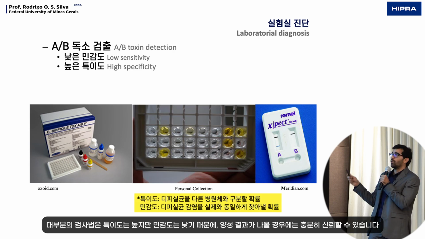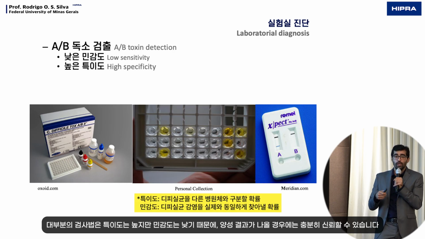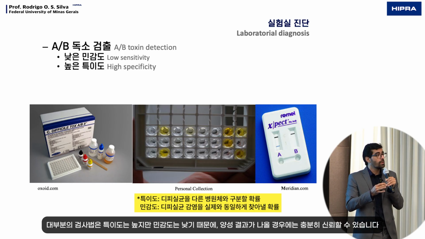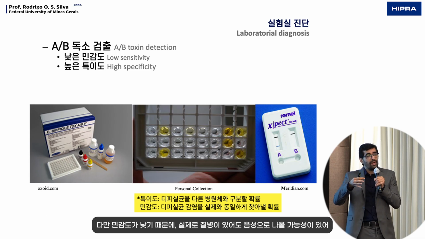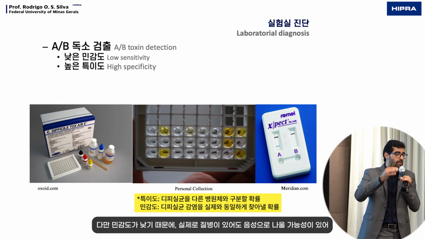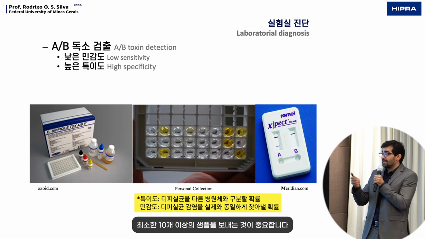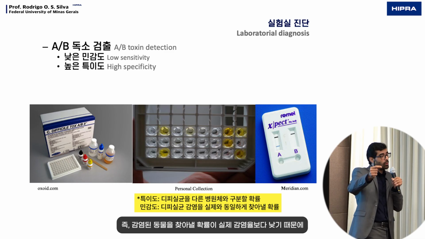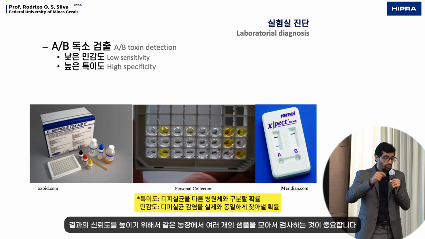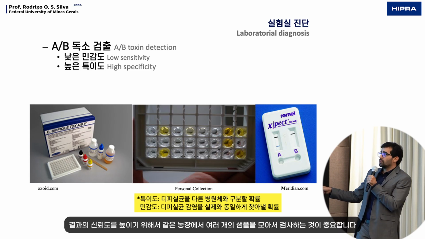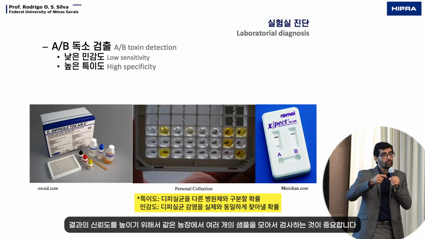Most tests have low sensitivity and high specificity, which means that for a positive result, you can really be confident. But you have to always send at least 10 samples, because the sensitivity is low, the capacity to find a sick animal is low. So the idea here to increase the confidence in a negative result is to send several samples from the same